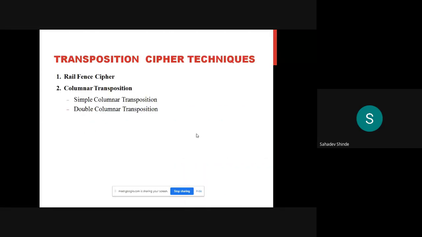Here you can see that there are two types: the first one is the rail fence cipher, and the second one is the columnar transposition. These two techniques are very simple, there is nothing in them. Just one logic we need to understand, which is how the transposition ciphers work.